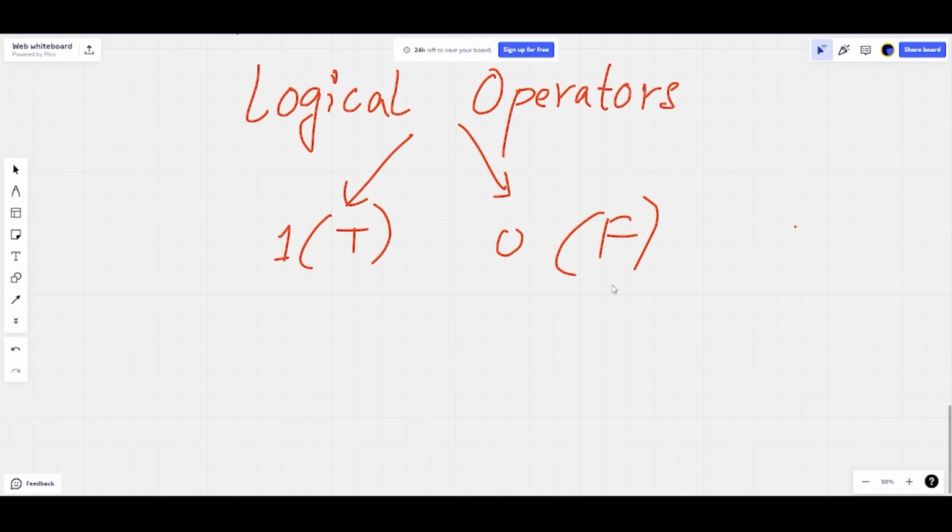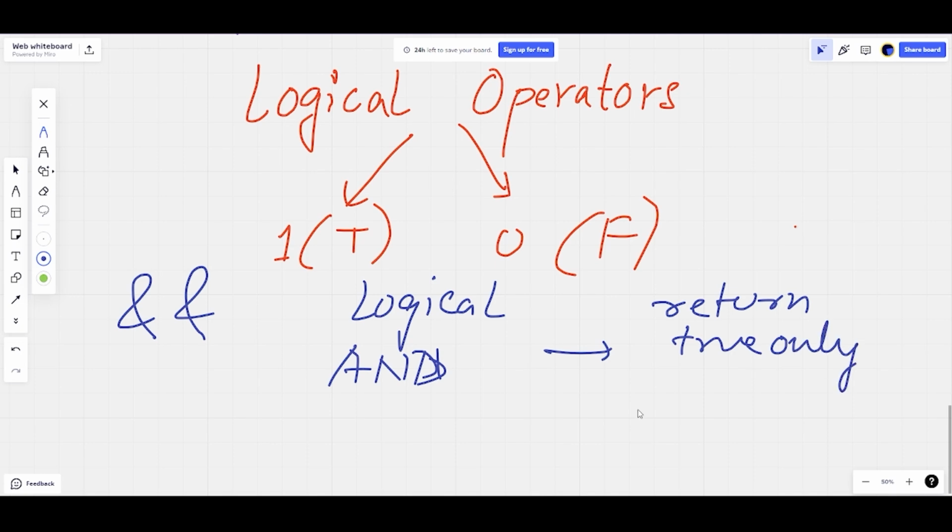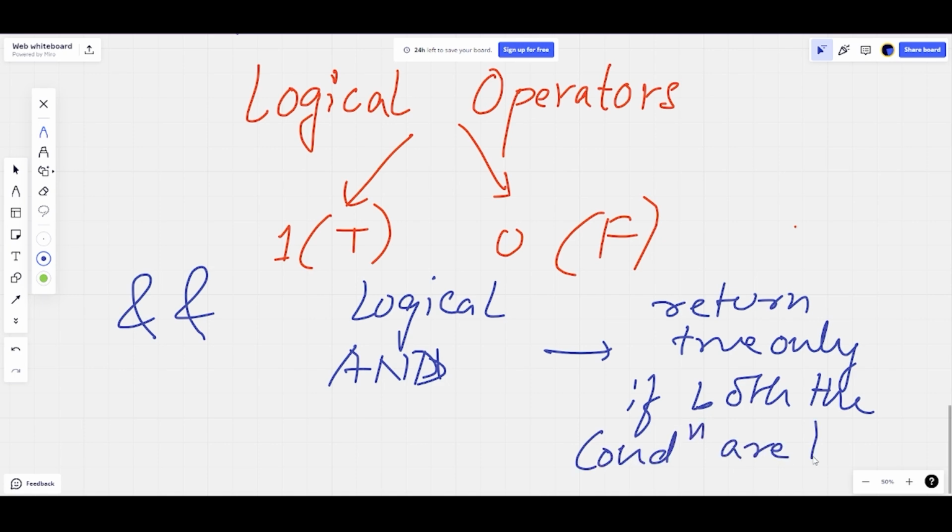The logical operators are very simple to understand because there are only 3 of them. First, we have the double AND, which is called logical AND. What it will do is return true only if both the conditions are true.